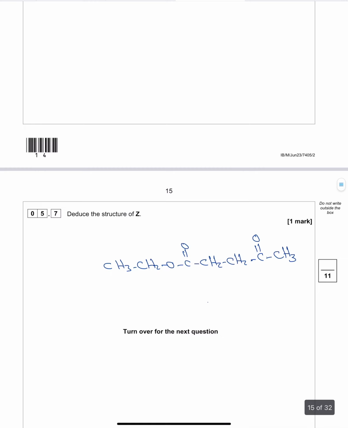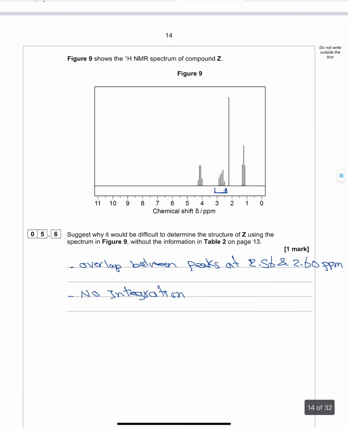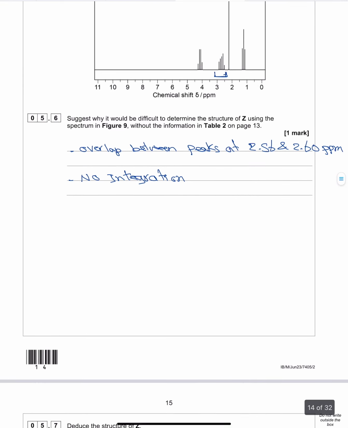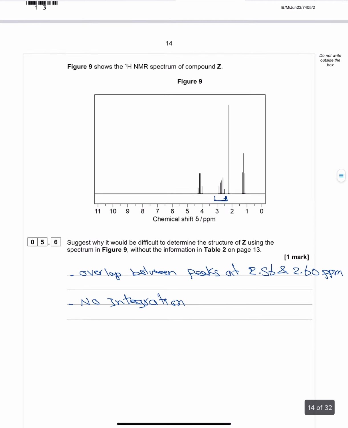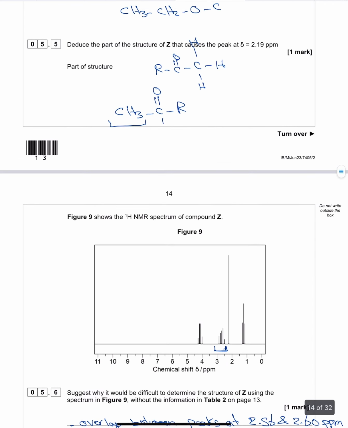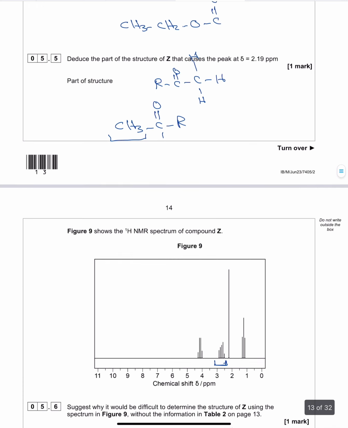Remember that even if you don't get the final structure of Z, it's only one mark, but your analysis of the different peaks and the integration and the chemical environment for each of the protons or for each of the carbons will give you a lot of marks from the